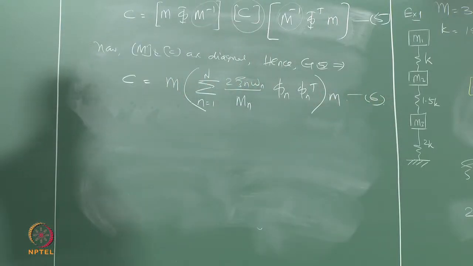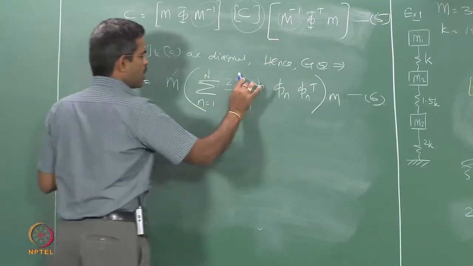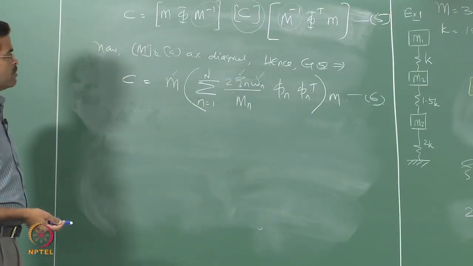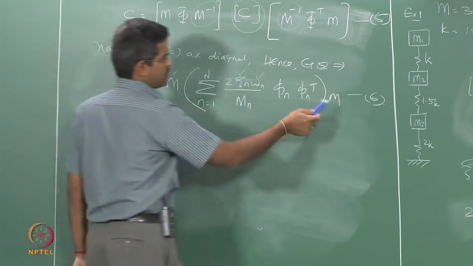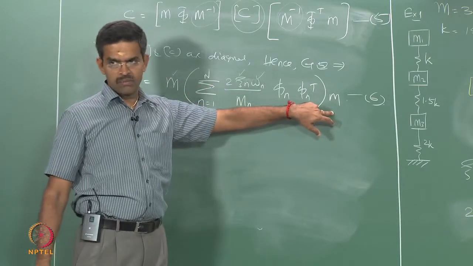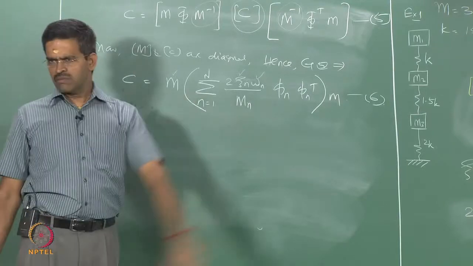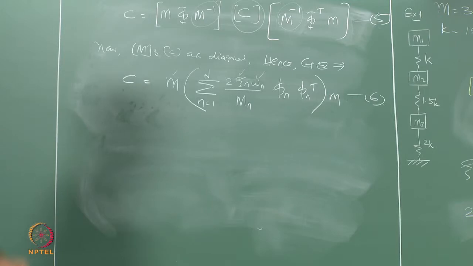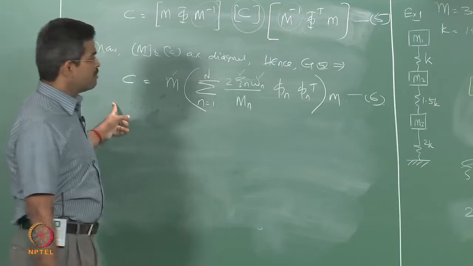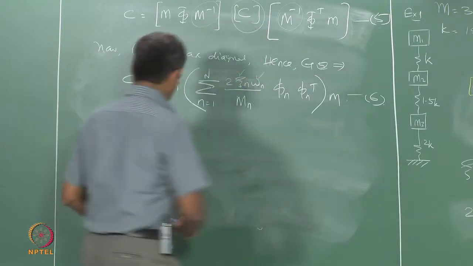Now, let us look at this equation. I know the mass value for a given matrix. I know zeta n and omega n. Of course, omega n I know, zeta n I will have to substitute. Okay, 5%, 2%, whatever may be. Of course, I know the mode shapes. I can easily find the transpose of these vectors. Pre and post multiply them with mass matrix. I get the damping matrix easily without any inversion. I am not inverting any matrix here. Let us apply this to this problem and compare this matrix with what we got from Rayleigh and Caughey and see how it compares. Okay? So, let us do this.